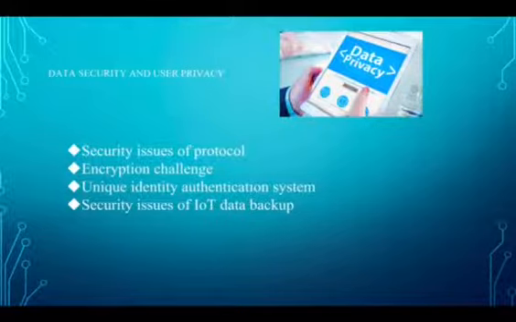And for the encryption challenge, the wireless channel used by the Internet of Things is an open channel, which is the fundamental reason for the eavesdropping and destruction of wireless signals during the transmission. Like the unique identity